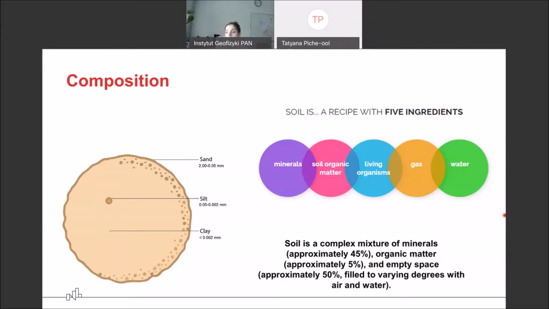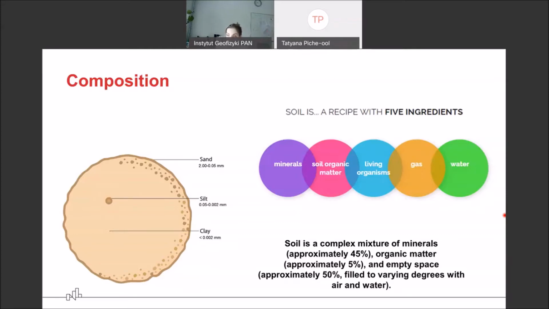And as for living organisms, which are present in soil, they include very different organisms, starting with archaea, bacteria, fungi, algae, and protozoa, but also a wide variety of larger soil fauna like mites, nematodes, also earthworms, which are really, really important, and larger organisms like rodents, which are burrowing rodents, for example, moles. So they can vary from very, very tiny to quite big.